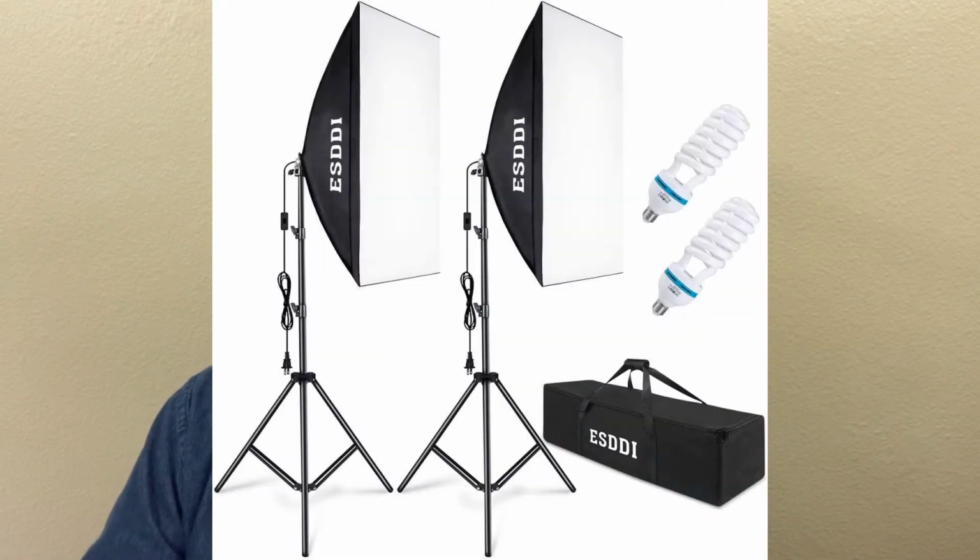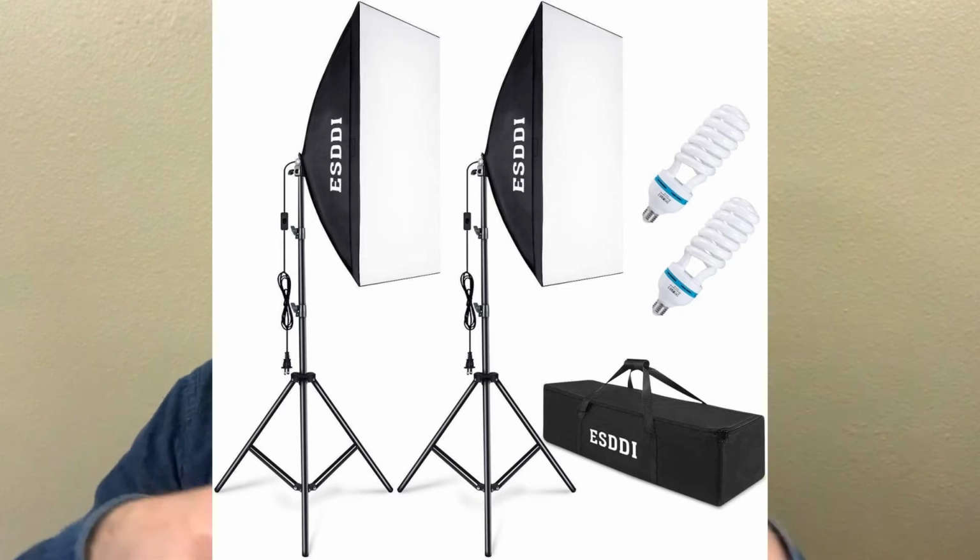Now, if you do want to take images and you do need some additional lighting, I would suggest investing in a pair of photography lights, specifically softbox photography lights. One thing nice about softbox photography lights is, and I'll share an affiliate link down below,